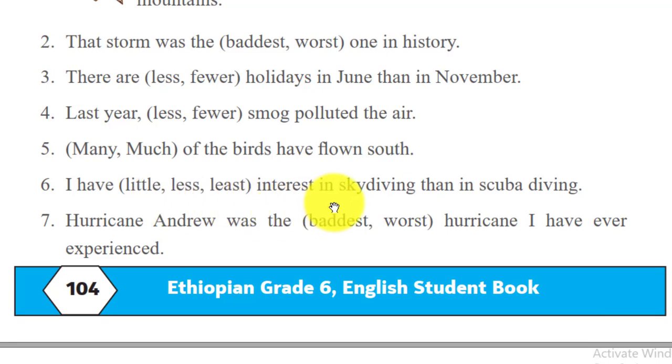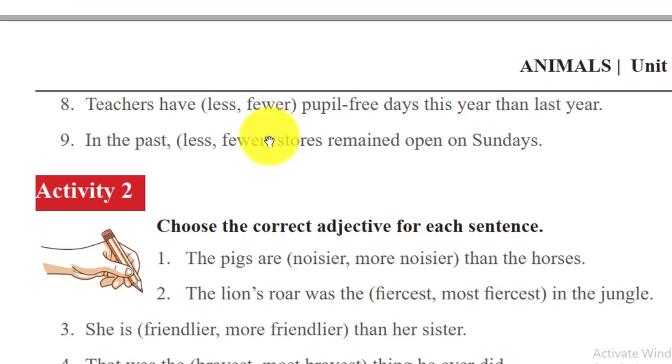Number 6: I have blank interest in skydiving than እዚህ ጋር than ስላለች there should be comparative adjective ነው የሚሆነው። ስለዚህ less ይሆናል ማለት ነው። Number 7: Hurricane Andrew was the blank hurricane I have ever experienced። በተለይ present perfect ነገር እንደዚህ ካየኋቸው I have ever read, I have ever seen ካየኋቸው experienced ካደረኳቸው የሚል ነገር ከመጣ ካለፈው አመታት experience ጋር ስለሆነ የሚነጻጸረው superlative adjective ነው። እንዲሁም the የሚል definite article አለ። ስለዚህ the answer will be the worst ይሆናል። Bad የbad irregular form ስለሆነ worse እና worst ነው የሚሆነው፤ the worst ይሆናል ማለት ነው።